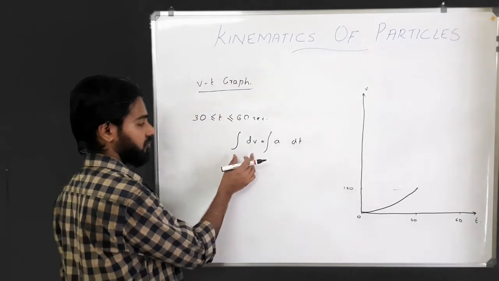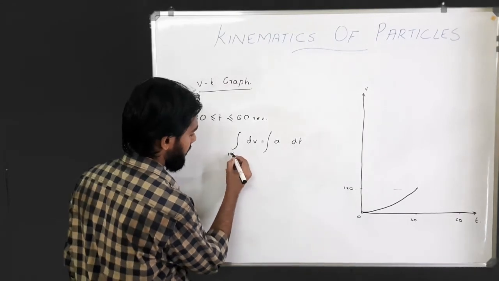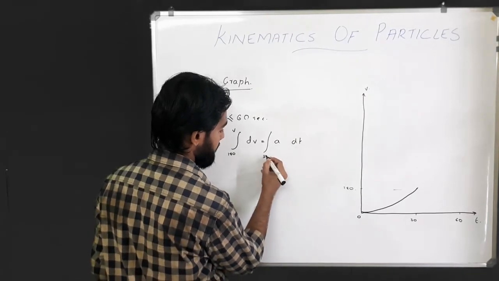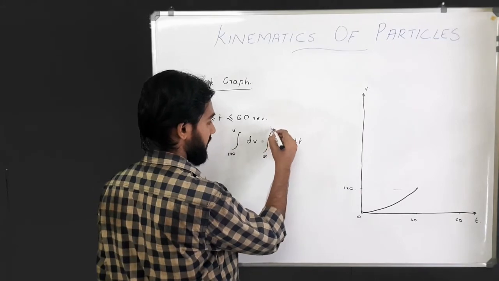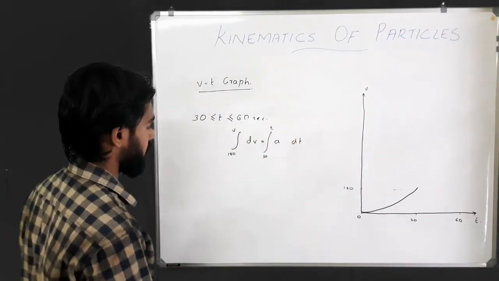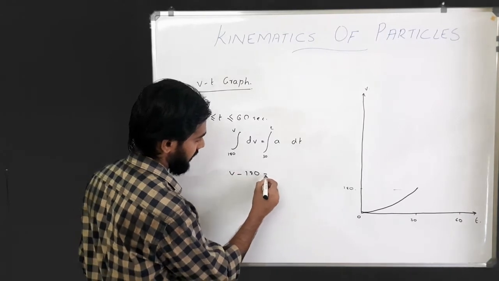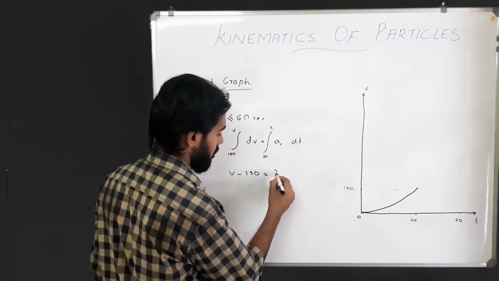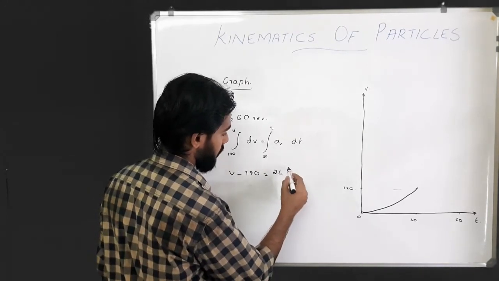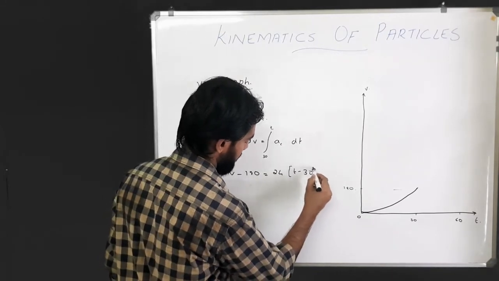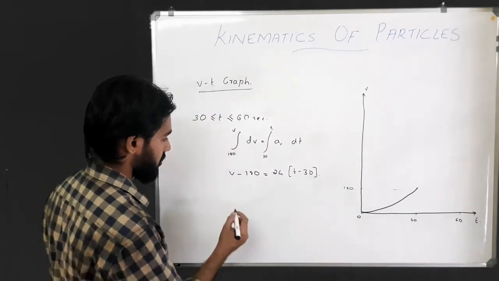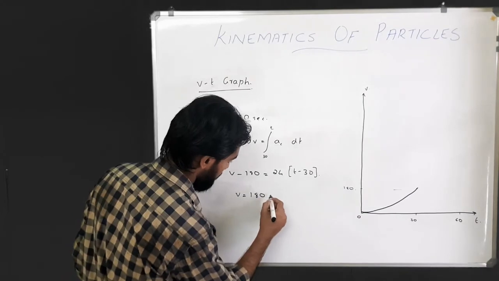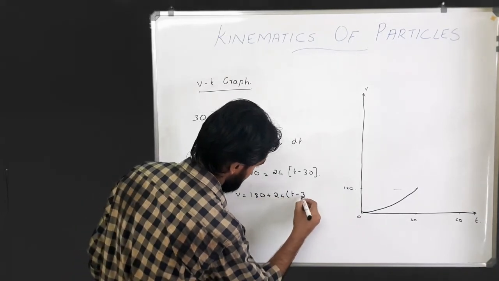Now here you have the corresponding 180; the final velocity we don't know. Initially you have the corresponding value of time, 30 seconds. Finally, instead of writing 60, I'll write it as t in order to obtain the equation. So v minus 180, a is constant here, that is equal to 24 meter per second square, and you have t minus 30. So as such, v will be equal to 180, I bring it here, plus 24 into t minus 30.